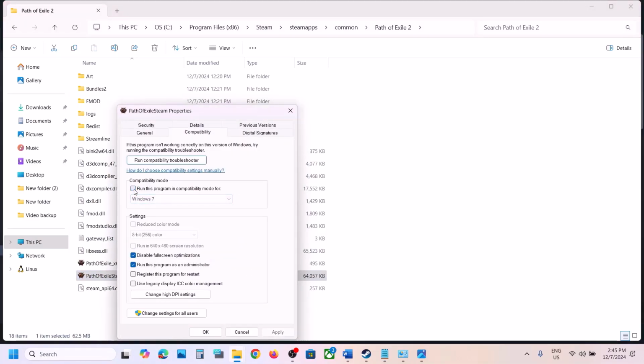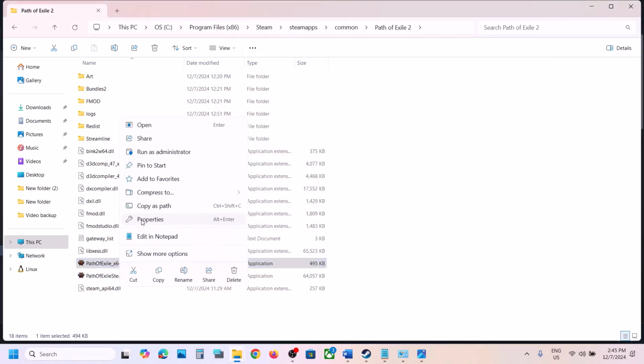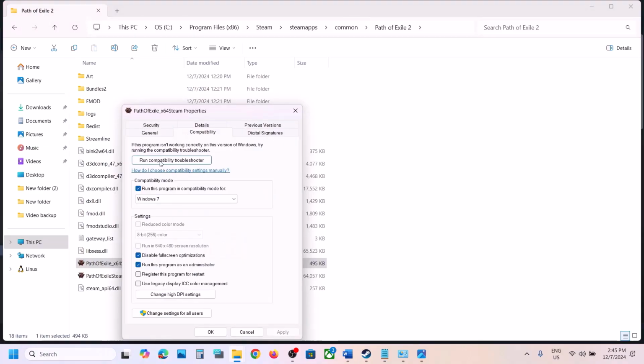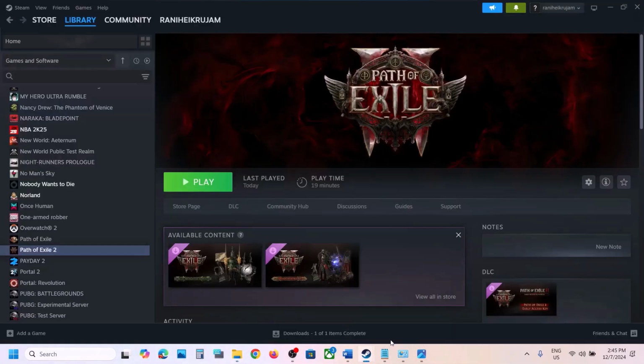still not working, then in that case you can uncheck these boxes, hit apply, click on OK, make a right click, and then uncheck all these boxes, and then make sure that you hit apply, click on OK, and then follow the next step. Now the next step is to